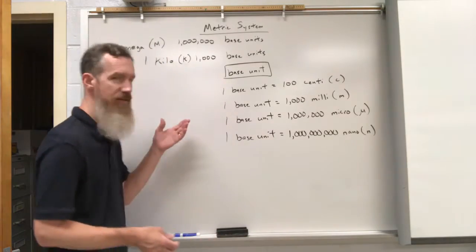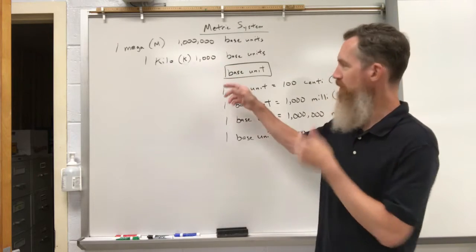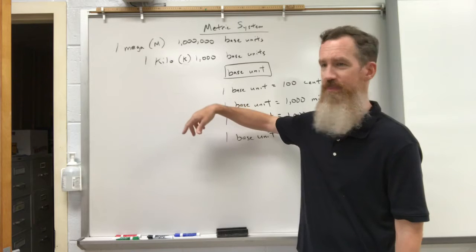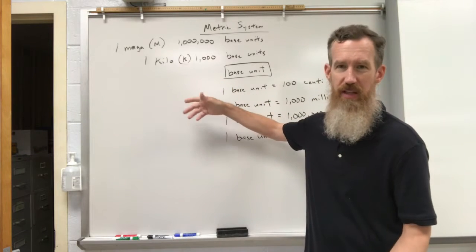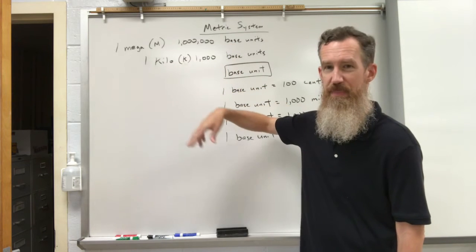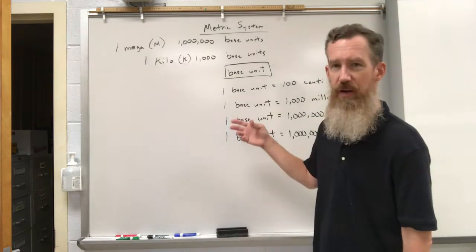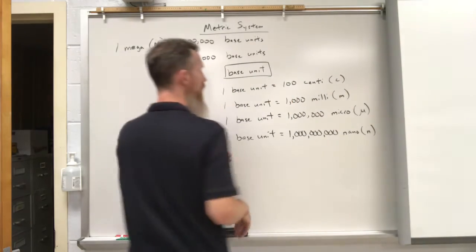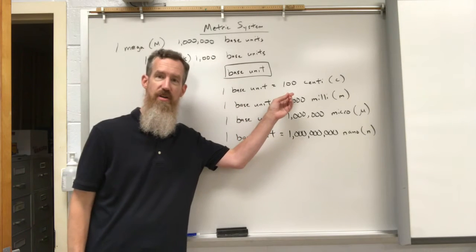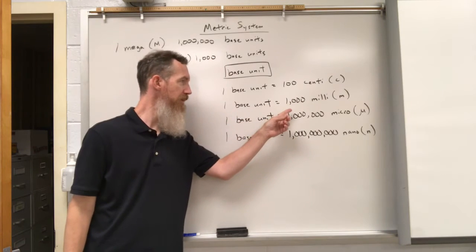So up here you have obviously the base unit. 1,000 base units is a kilo, kilometer, kilogram. 1,000,000 base units would be a mega, megagram, megameter. If we get to smaller divisions, one base unit is equal to 100 divisions, centimeter, centigram, milli,